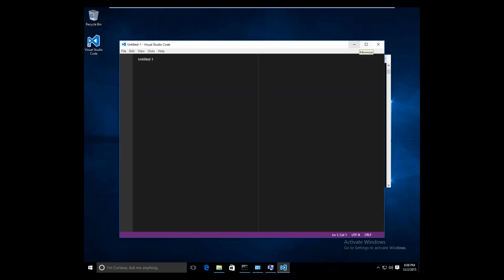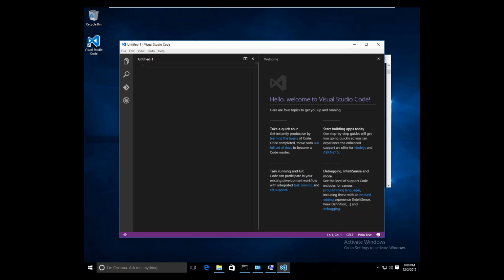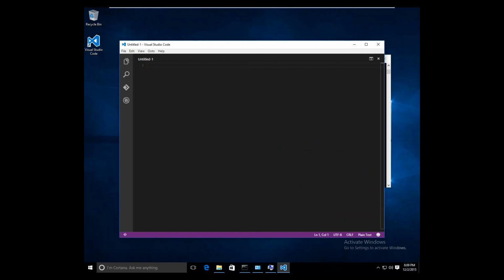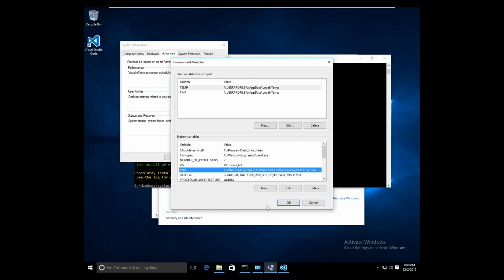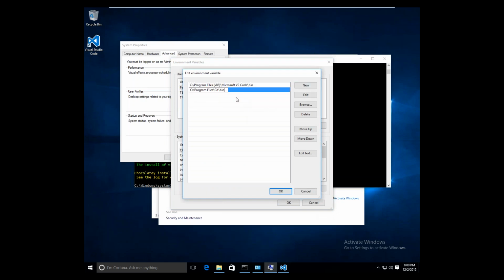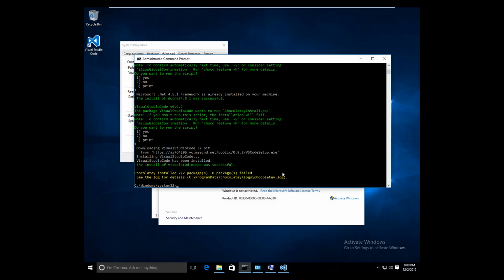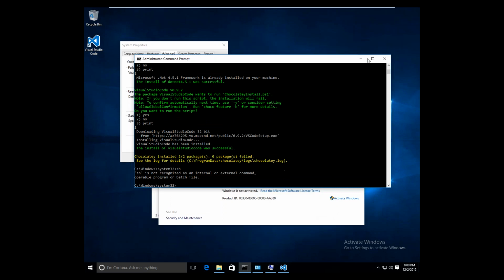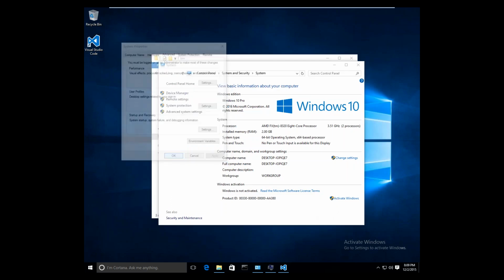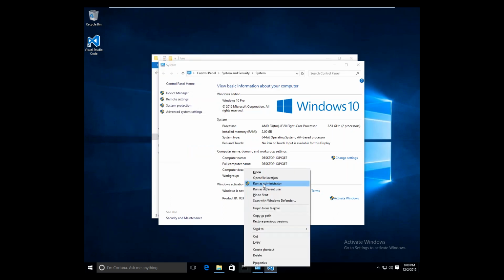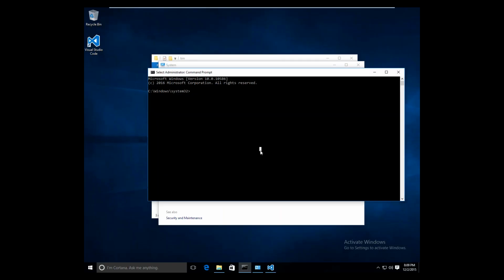And now we've got Visual Studio Code, a nice little basic code editor. We'll get into that in a little bit. Close the welcome screen here. And I will go ahead and add that Git bin in there. So right now, for example, if I typed sh, it's going to say that that's not a recognizable program because that wasn't in my environment variables. And if I go ahead and launch my command prompt again,